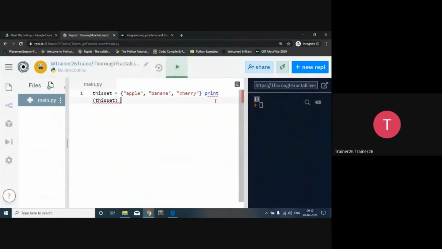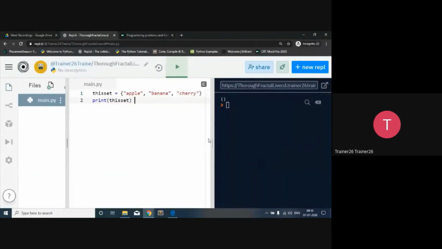So here we have a particular set, and in that set, apple, banana, and cherry, and then we try to print it. So now apple, banana, and cherry. Let's run it again. Clear? So now in this way, apple, banana, and cherry are the three different items in a set.